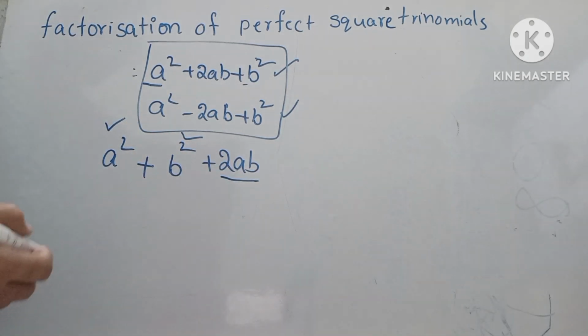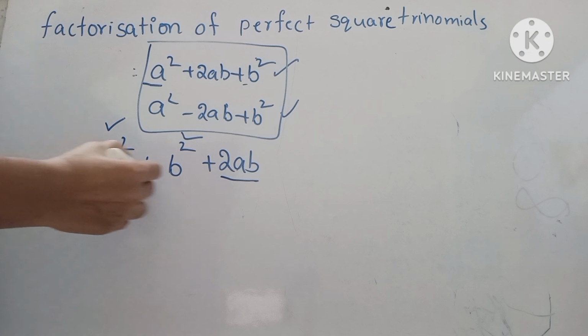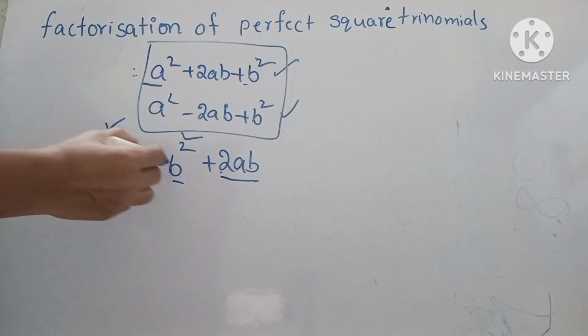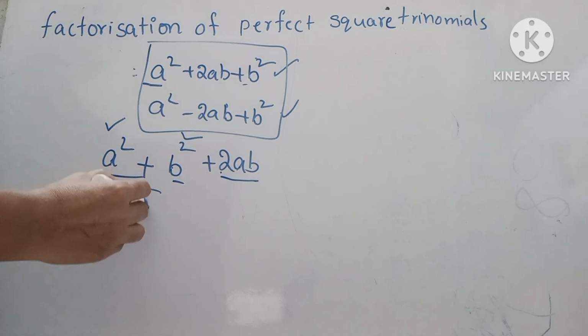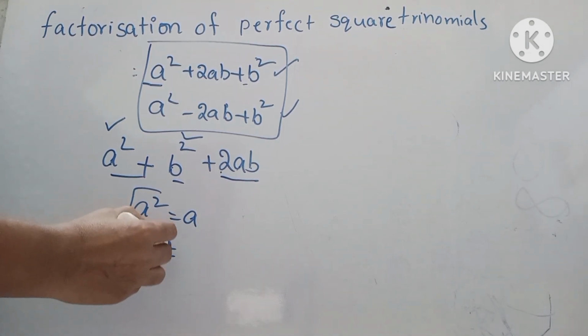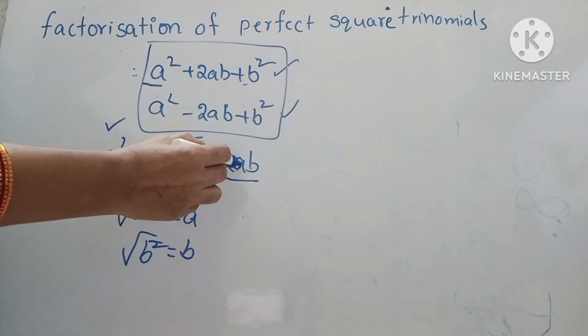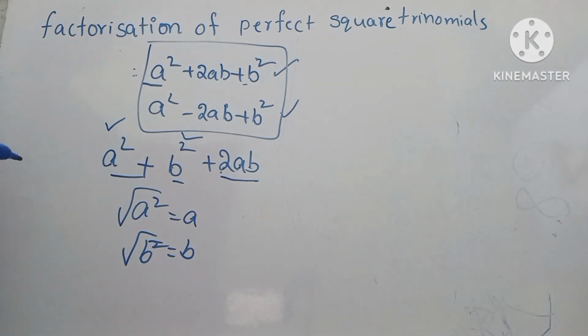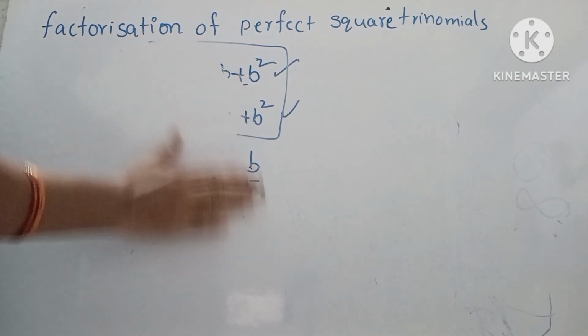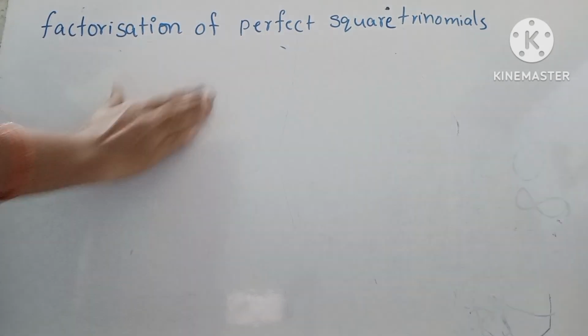Third term is twice the product of square roots of these two perfect squares. What is the square root of a square? Nothing but a. Square root of b square is b. So twice the product of a and b is the third term. So ఇలా మనం ఇచ్చిన క్వశ్చన్ కి ఇచ్చిన పర్ఫెక్ట్ స్క్వేర్ ట్రైనామియల్స్ కి ఫ్యాక్టర్స్ ని ఫైండ్ అవుట్ చేయొచ్చు